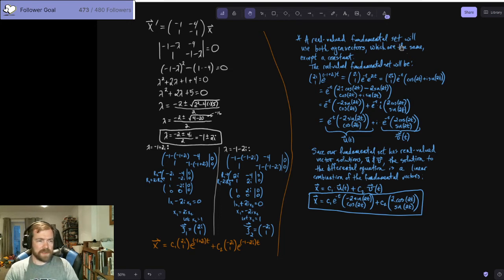But the process for doing this, we're going to look at the real valued fundamental set, which is going to just be our eigenvector times the e portion for each of the parts. And we can just focus on (2i, 1) e to the (-1 plus 2i) times t, due to the fact that